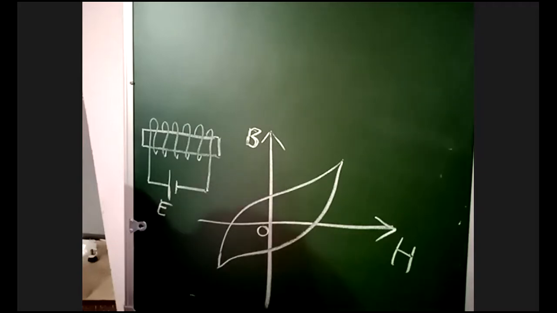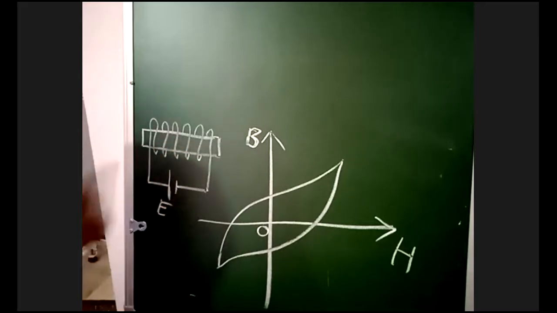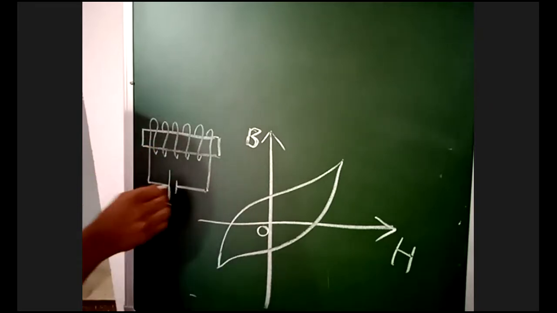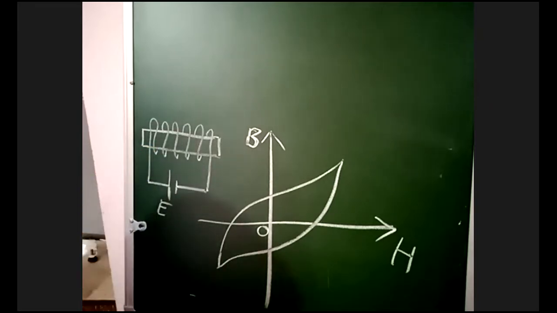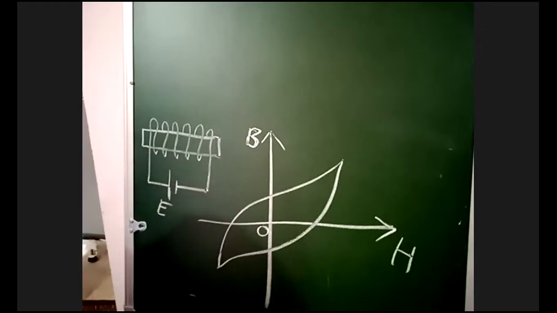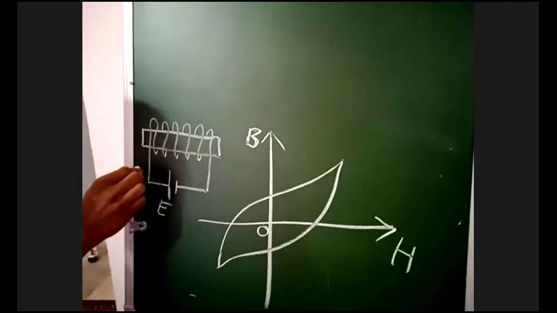That means I have to magnetize the iron piece. For that, if I want to make the iron piece a magnet, I am winding the coil. I am placing the copper wire on the iron piece, and I am connecting this copper wire to the battery. Actually this is not in your syllabus, but if I want to explain hysteresis loss, I have to explain this. Okay.